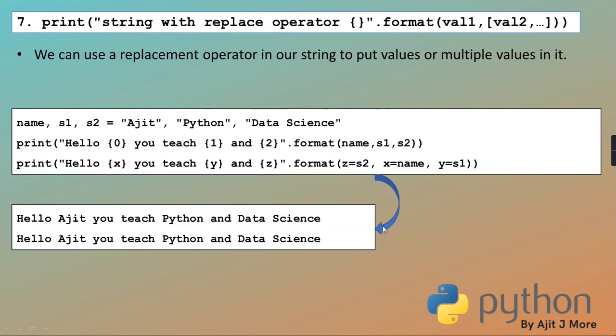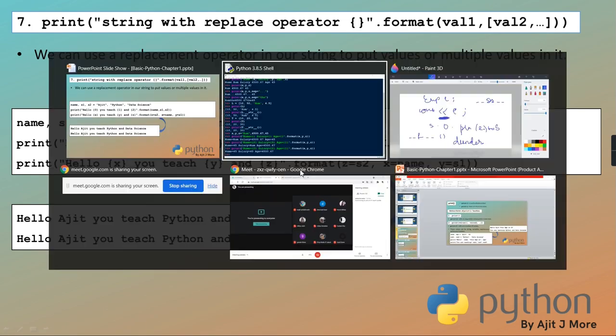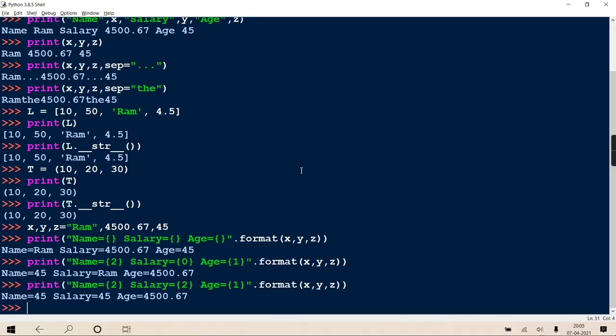And on the slide I didn't tell you about that f also, which is internally like format. You can proceed with f. I hope you remember that too. Yes or no, guys?